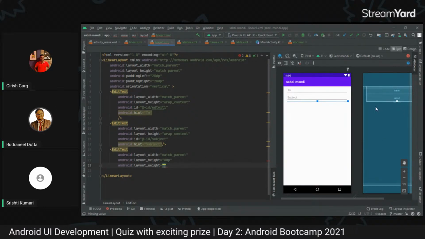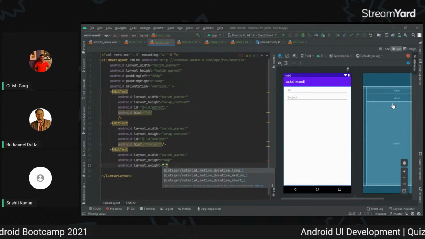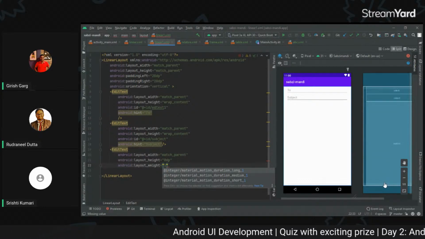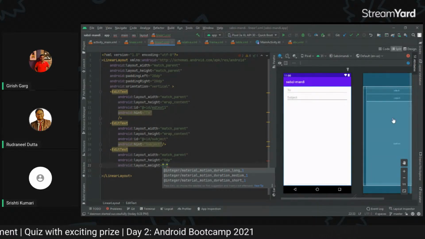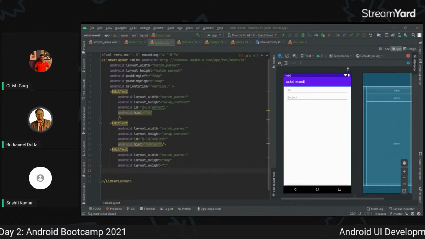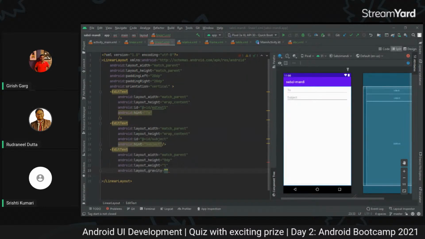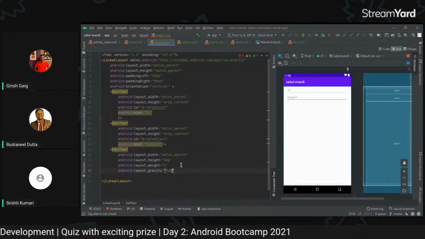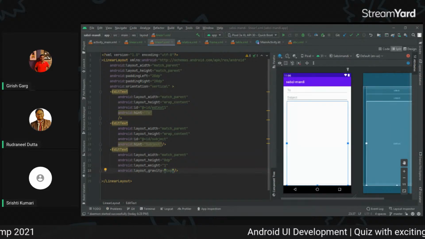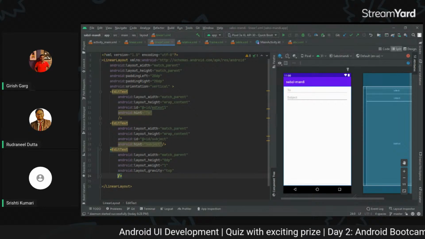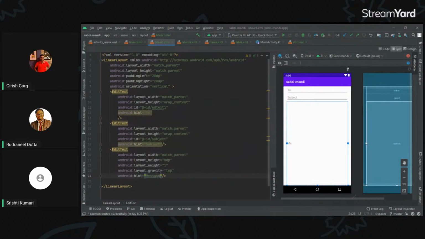So if I put weight on this, the lower position of this edit text, so for example we are putting some weight over here, it's actually acting as a balancing thing. We are putting the weight and it's stretching through the entire area, right? After this, we'll put a gravity to it because we want the text to start in front so that you can type anything. So you can write top and close it this way or this way. I prefer the backslash one, and then there will be a hint, and in the hint I'll write message. Okay,